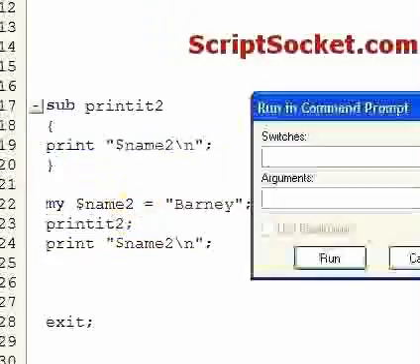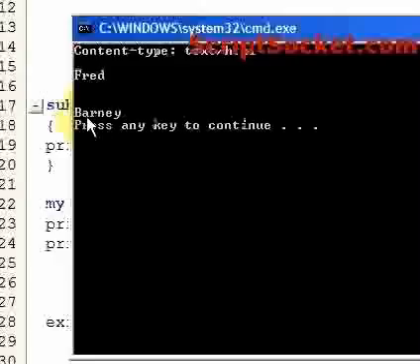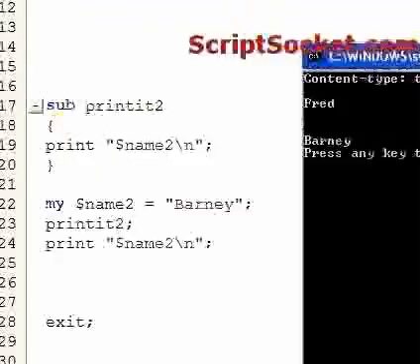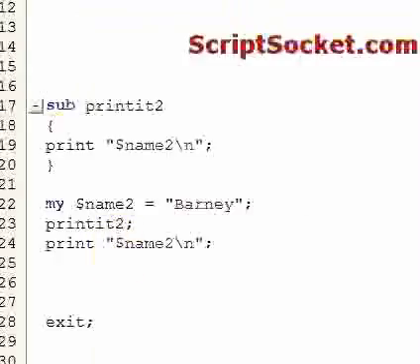So we just get Barney once. Okay, so that's my, where we create a variable that is local to a particular block of code. So now let's move on to